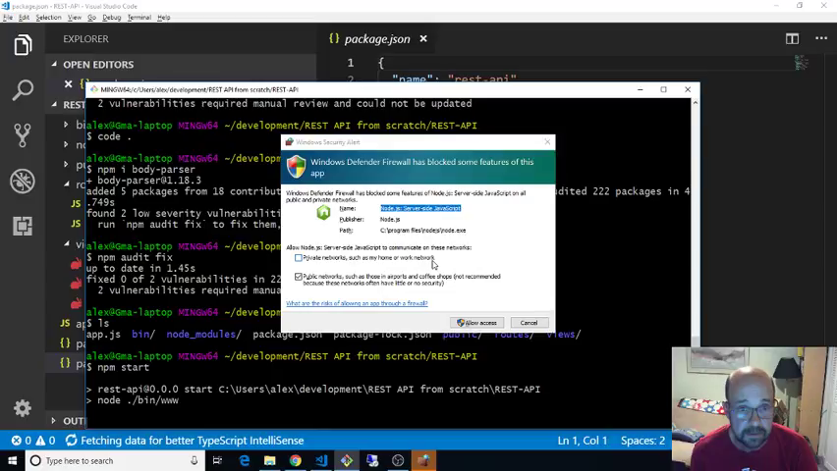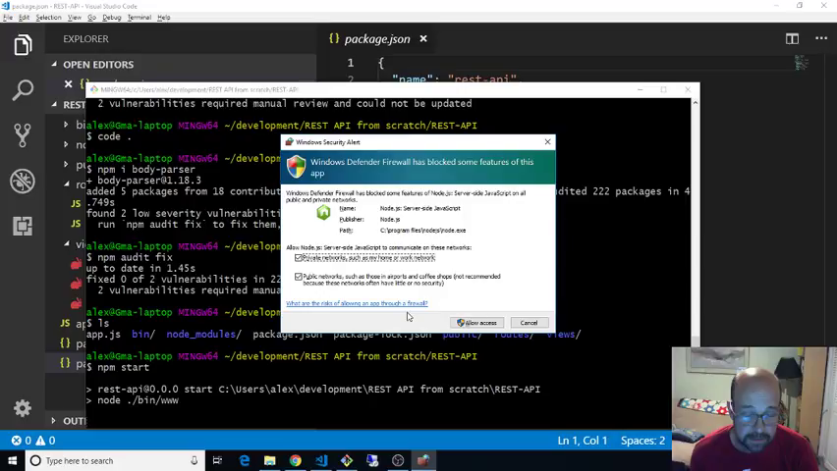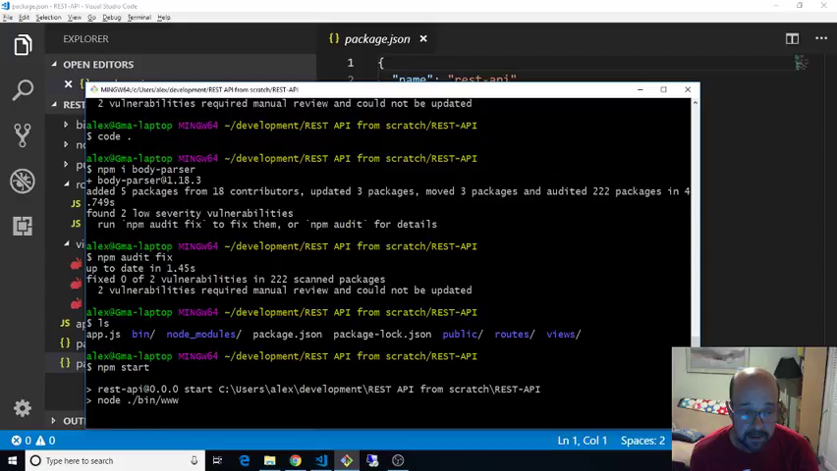Okay, it's starting. It's a new computer, so some of this stuff you shouldn't see if you did it one time. Windows blocked some features. Allow Node to communicate? Yeah, sure, because how are we going to make this stuff work? Otherwise, we need to allow access. Okay, so hopefully